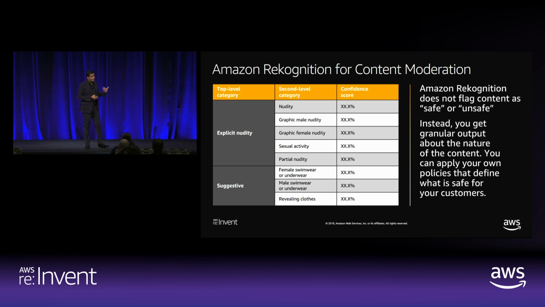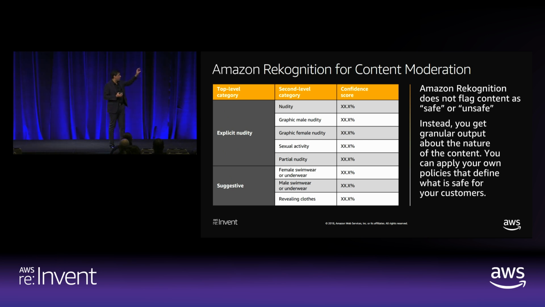The same way we detect suggestive content and tell you that we think it's suggestive because there's female swimwear or underwear, which, if you're creating a fashion magazine or a product site for swimwear, you'll be perfectly okay with, even if it's suggestive. Whereas if you're creating a different site, you might say, no, I don't want this sort of content here. So you get fine-grained control of what you show and what you don't, what is safe and what is unsafe. So we don't take a stance on what is safe and unsafe. We let you decide.